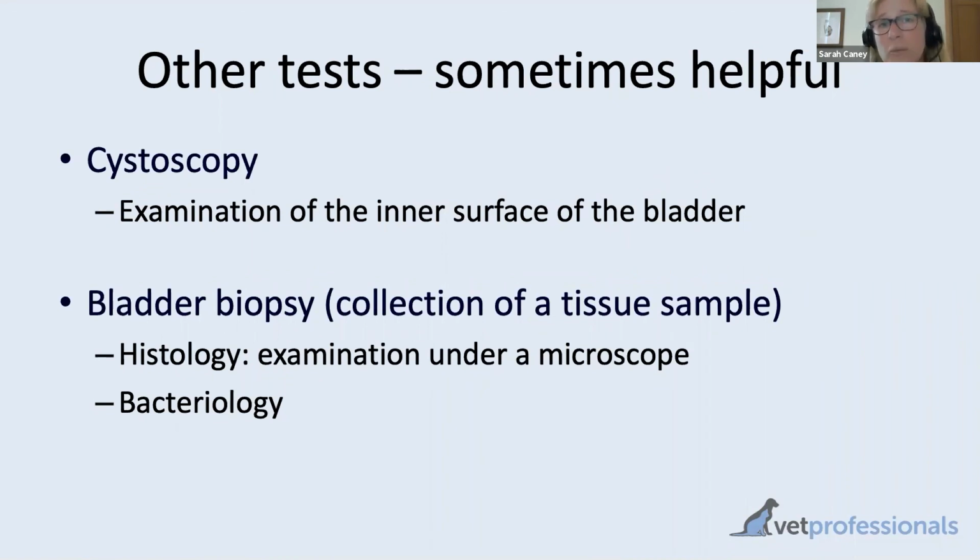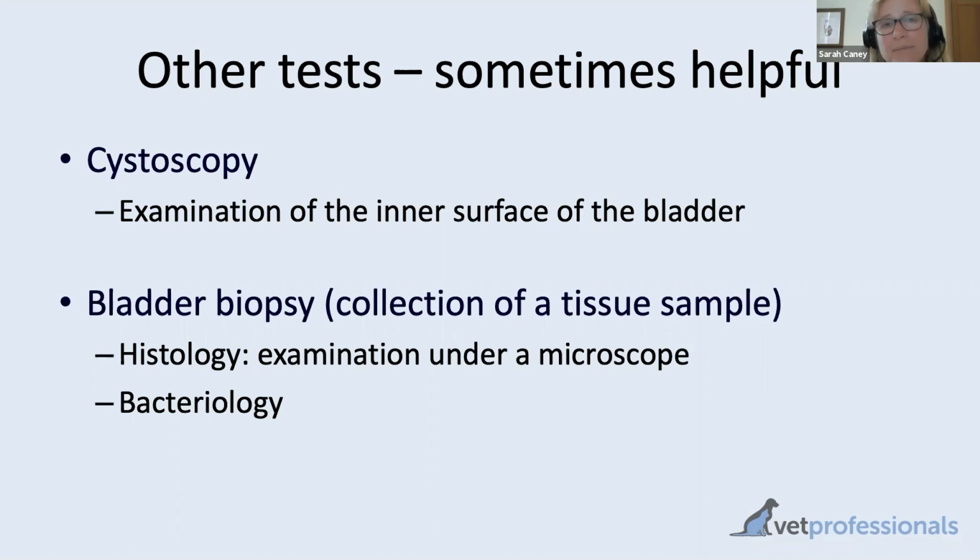So cystoscopy is actually using a small fibre optic device, or small camera, to essentially look up inside the bladder, but that is something that often is limited by the size of the cat, and even in a large cat can be quite difficult to get a small enough device to look up there. But particularly some of the big referral centres will have access to cystoscopy, and for female cats it's a bit easier because their urethra is a little bit larger than the male cats,